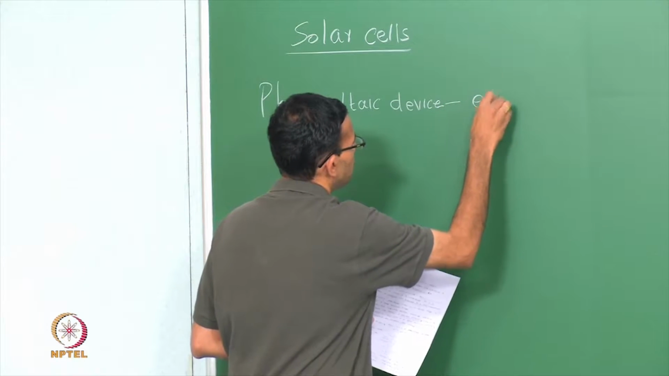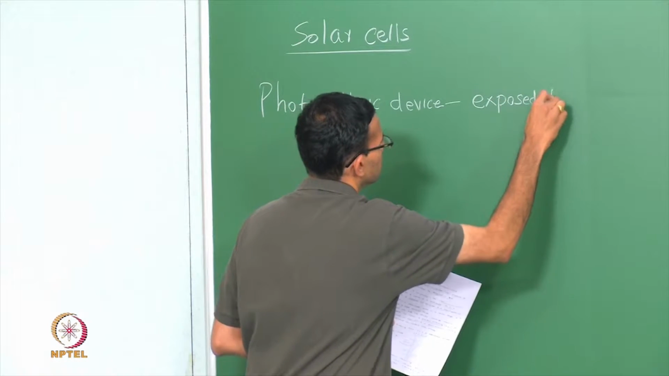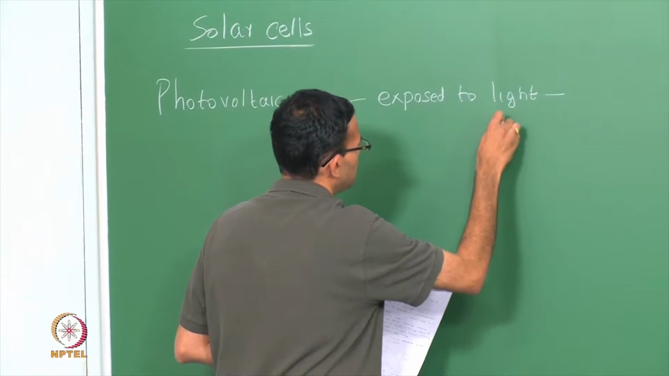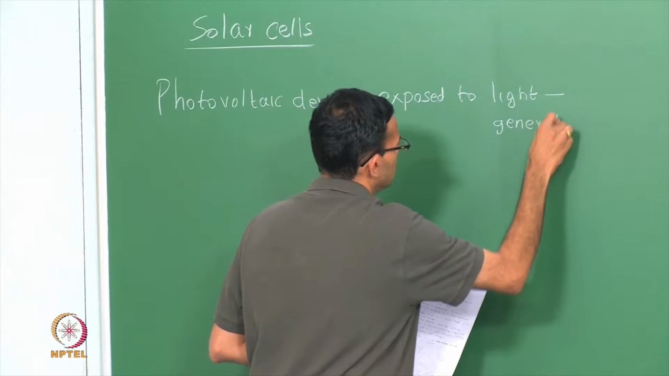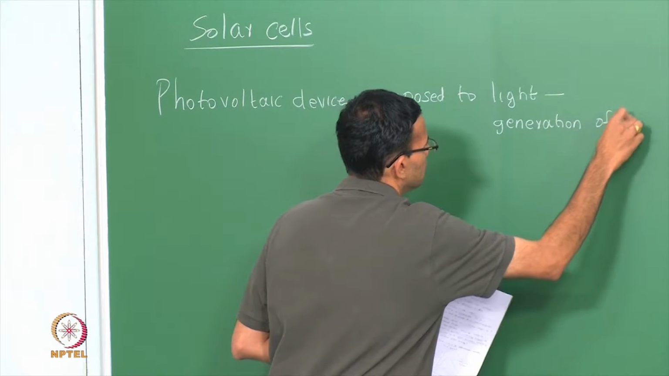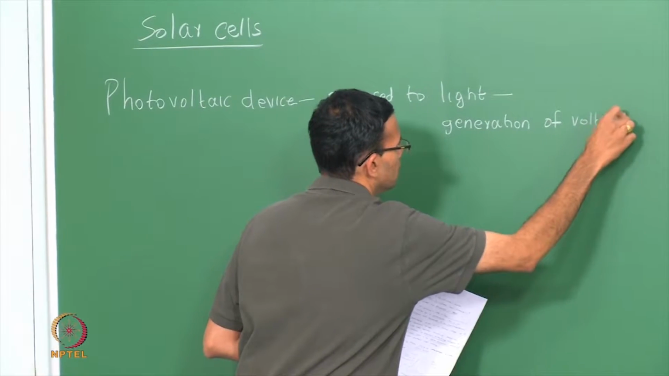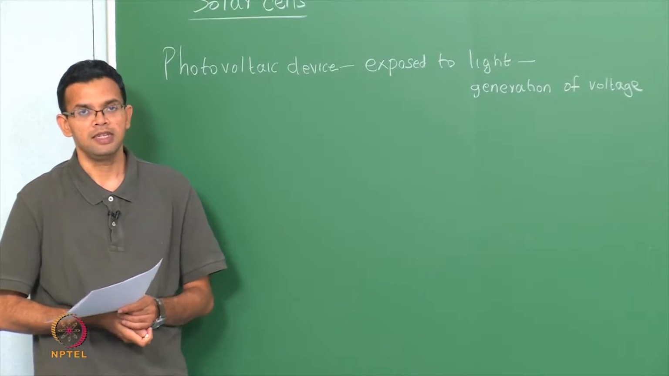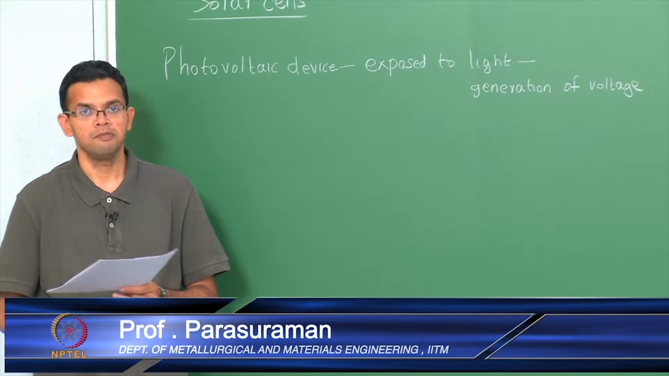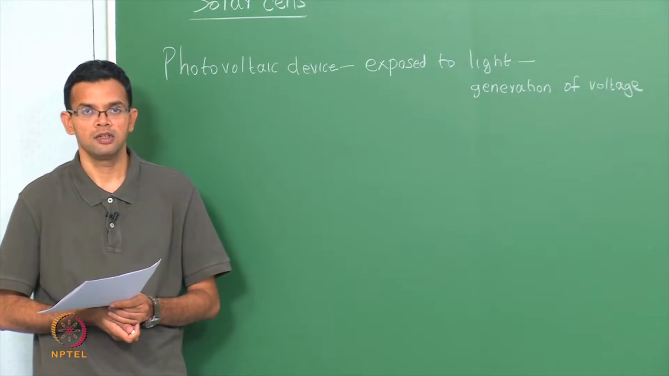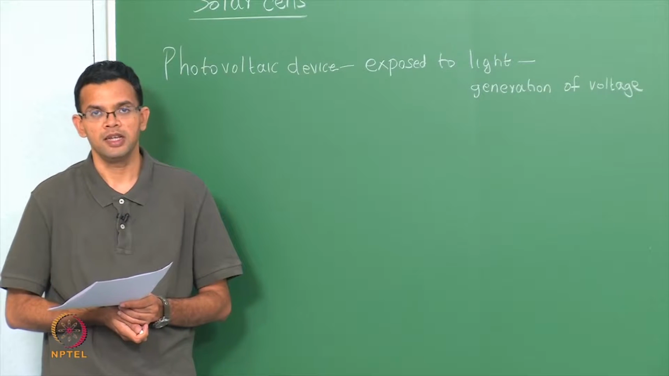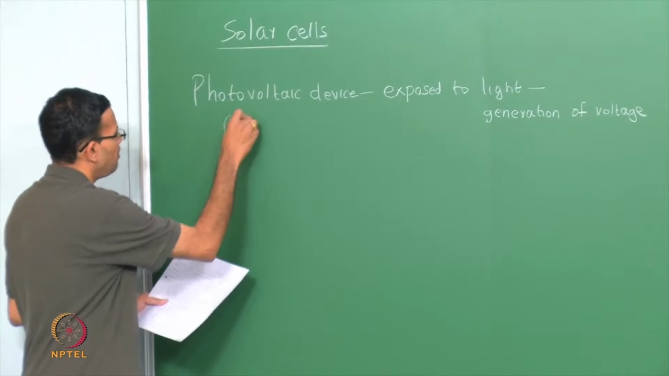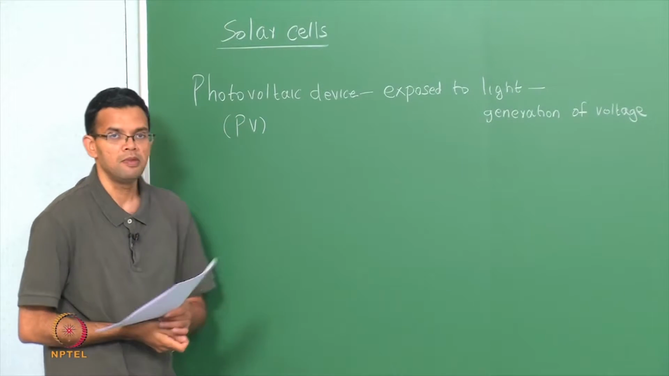So when it's exposed to light, it leads to a generation of voltage. Photovoltaics were first discovered by Henry Becquerel in 1839, but the first silicon based p-n junction photovoltaic was invented by Ohl in 1940. So the principle of a photovoltaic, let me just abbreviate this as PV, is similar to the